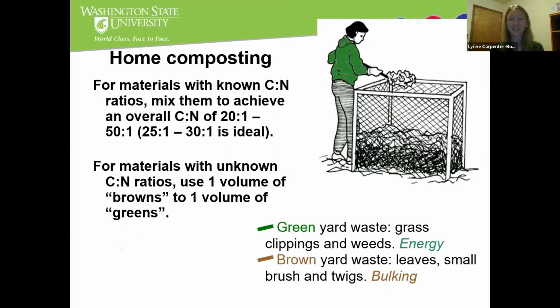Okay, so in the backyard composting style, or on small farms, you're not likely to have just one material going into your compost. You'll have multiple. So what you'll try to do is layering of high nitrogen material and high carbon material. Again, you can think of these as just your greens and your browns. Those greens are the high energy, high nitrogen materials, and they do tend to be green. So grass clippings,